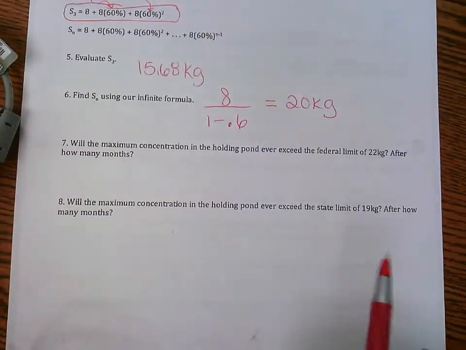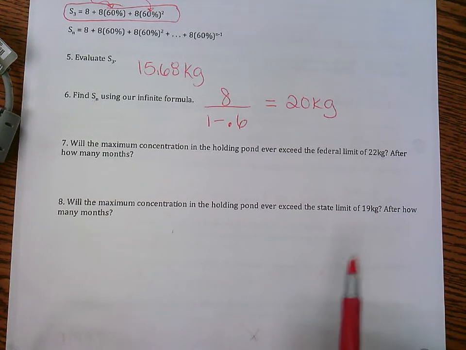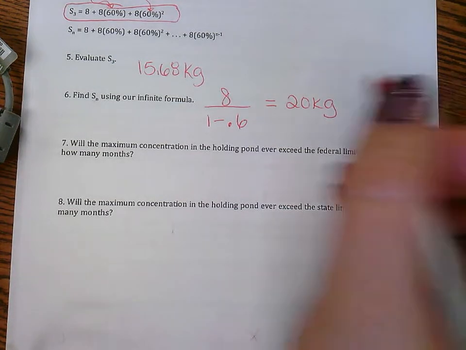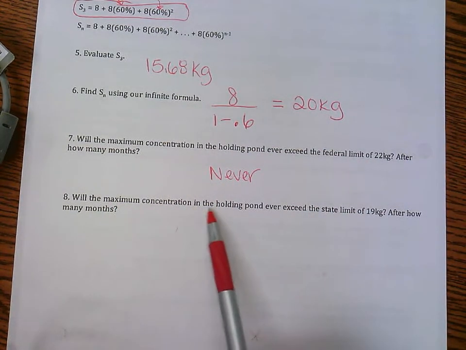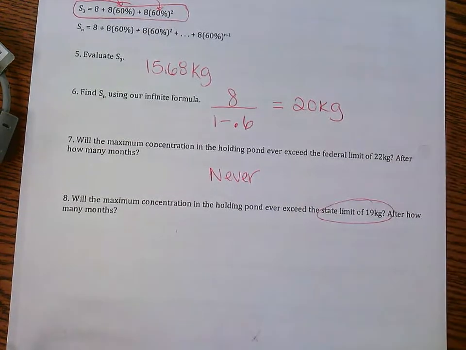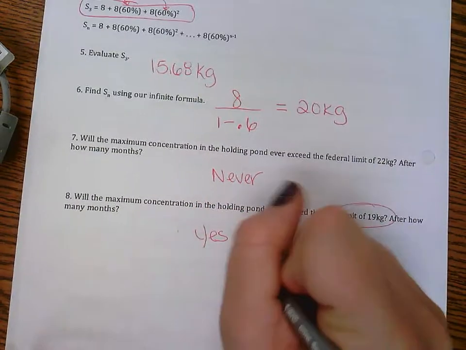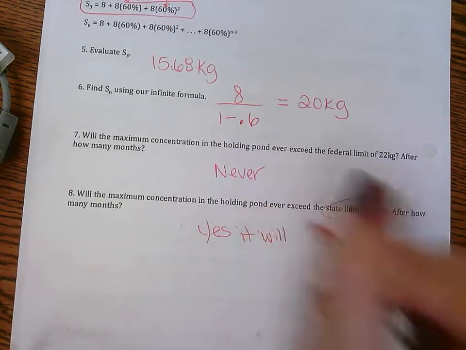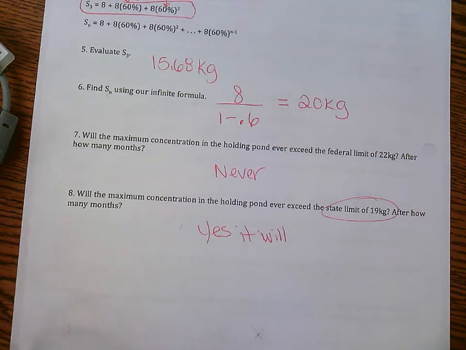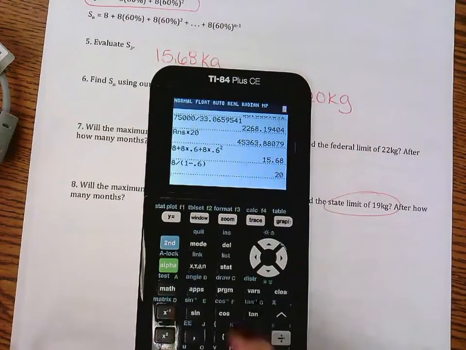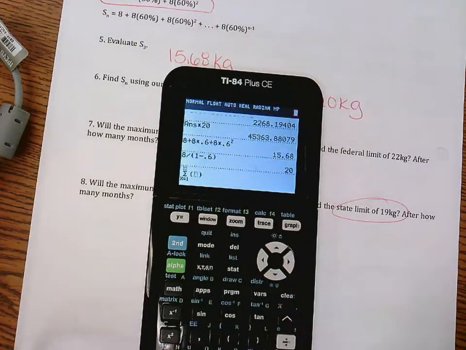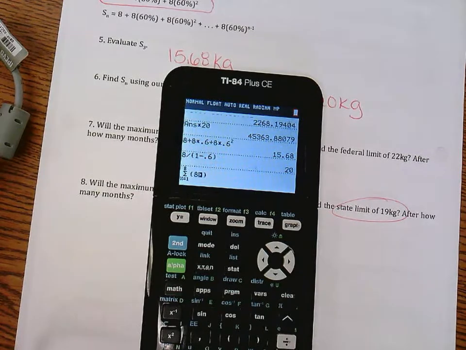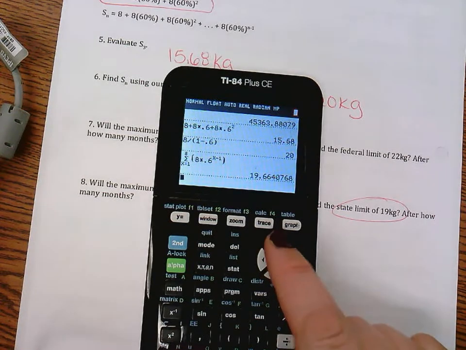It says, will the maximum concentration in the holding pond ever exceed the federal limit of 22 kilograms? So never, right? All right, what about, will the maximum concentration ever exceed the state limit? So the state has a lower limit. So yes, it will exceed. So we need to figure out after how many months, right? So let's do a summation, n goes from 1 to, how many months do you think? 8 months? I don't know. 8 times 0.6 raised to the n minus 1. At 19.66 after 8 months,